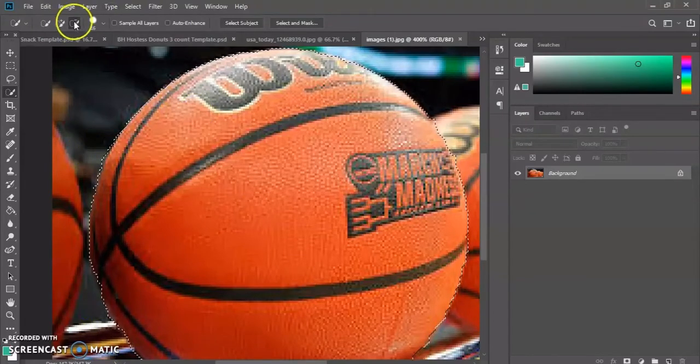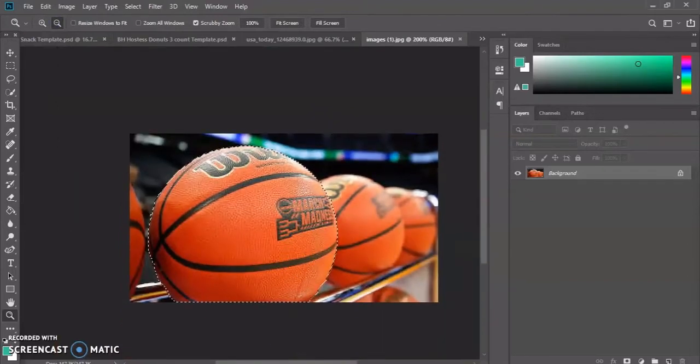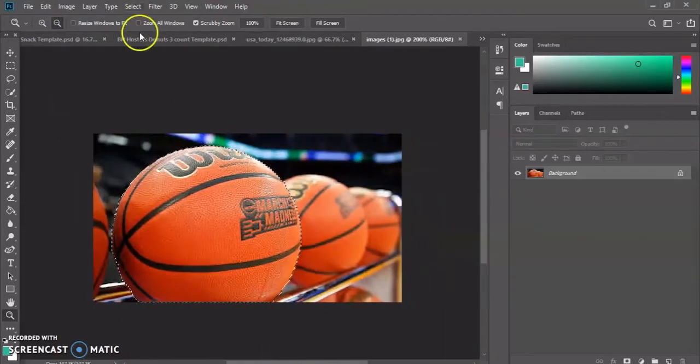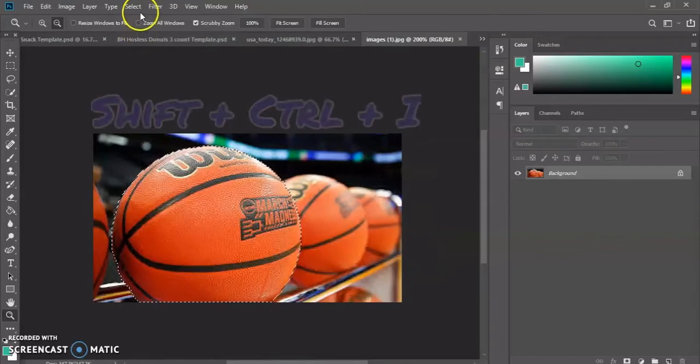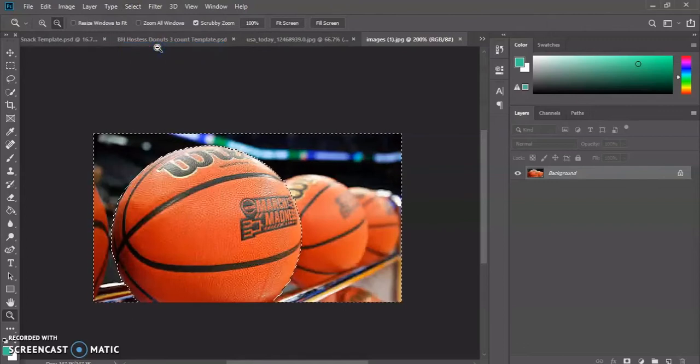So now what you want to do is, so you guys can see the whole picture, inverse, and there's two ways to do that. You can go Control Shift I, or you can go up to the toolbar and hit select and hit inverse. And once these two things are selected, you want to hit,